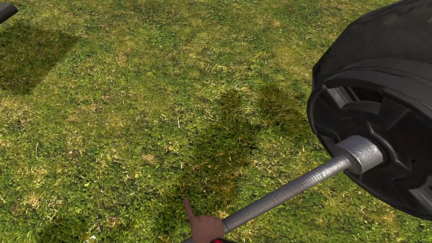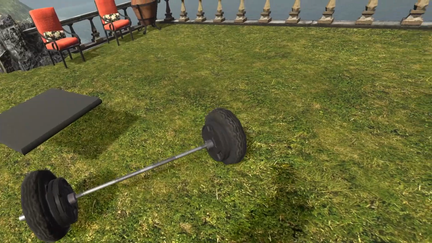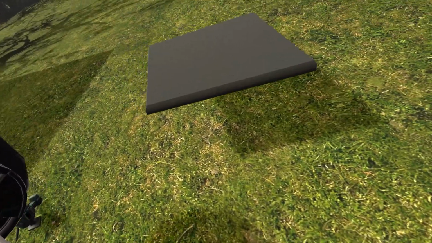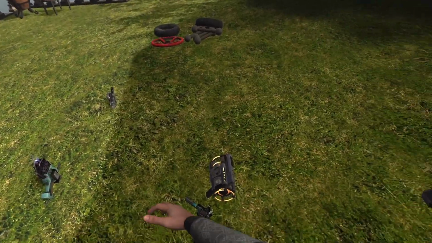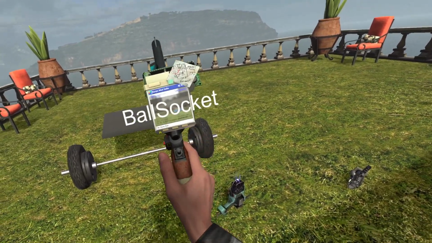That's our first axle ready to go. Rolls good. We've got nice tire sounds there. So we're just going to try and line this up with the very back of this plate. So it's straight. Yep. And then what we do to make an axle is we go to ball and socket